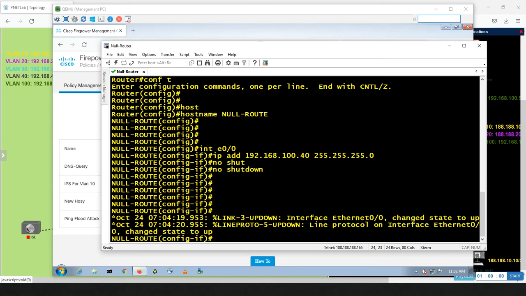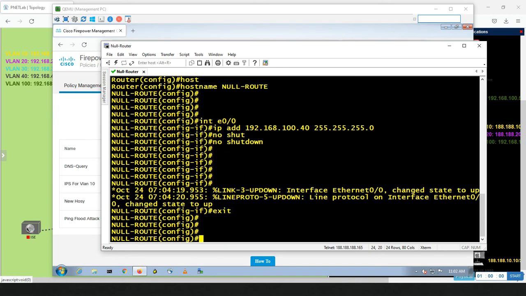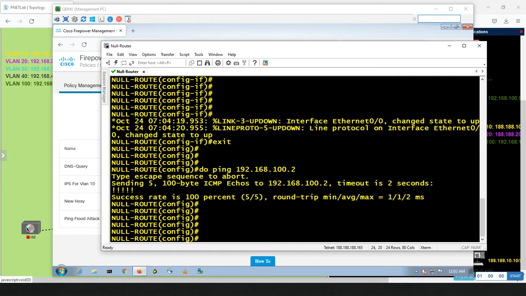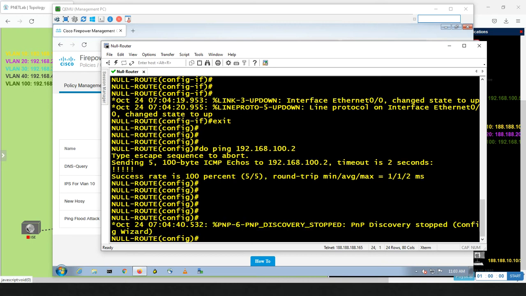And also let me try to ping the same subnet. Do ping 192.168.100.2. Let me ping the FMC. Great, FMC is pinging. So I need to have the ability to ping the other VLAN. So I need to do one default route or one route. IP route